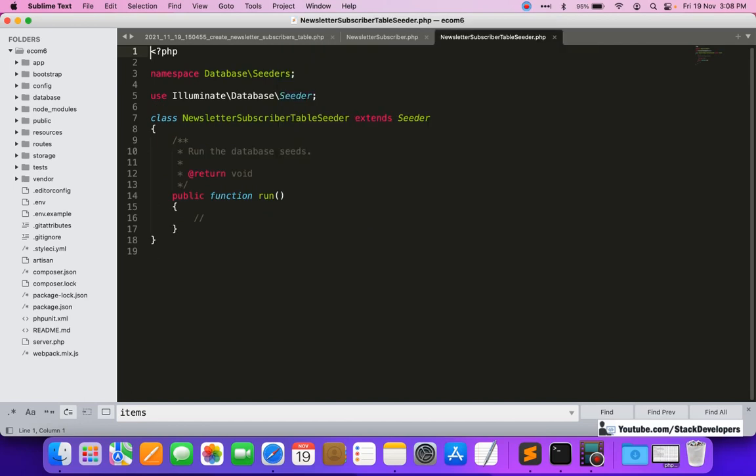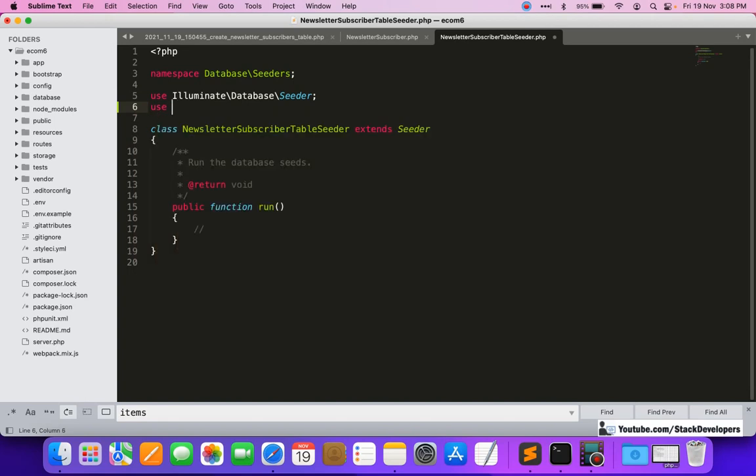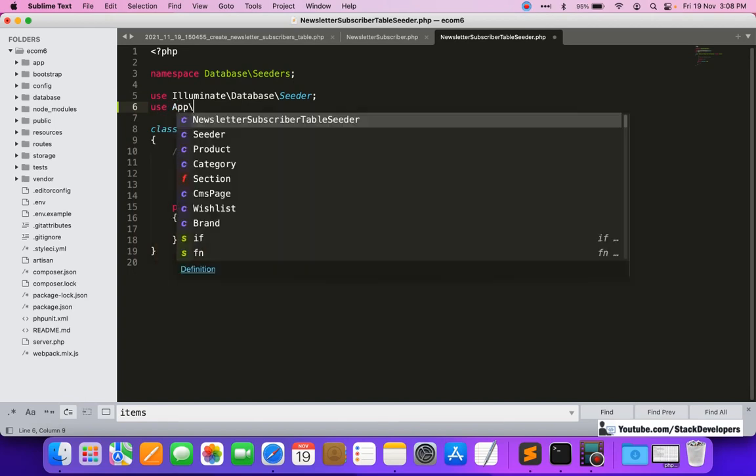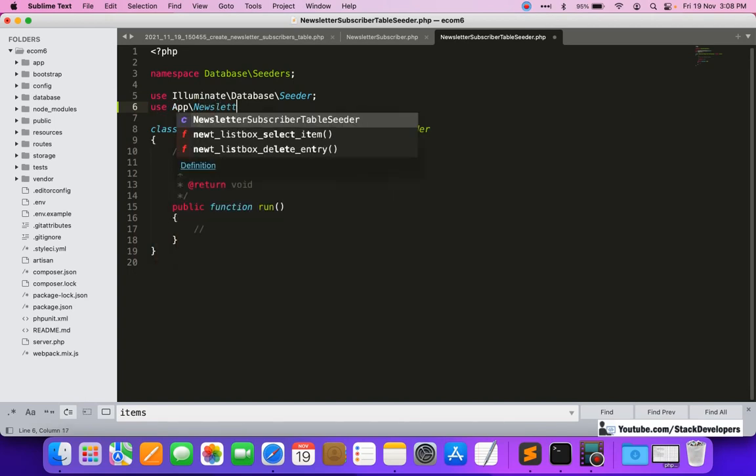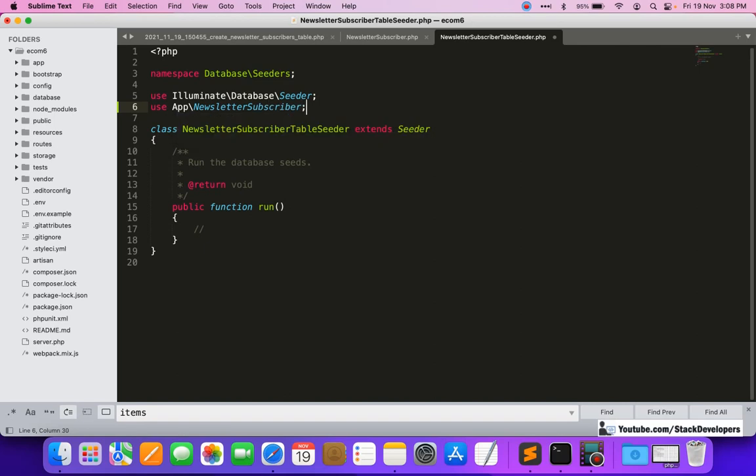Here, first of all, we add the model that we created earlier, use App\NewsletterSubscriber. Then we add the records that we want to add here in an array. First of all we take subscribers records.